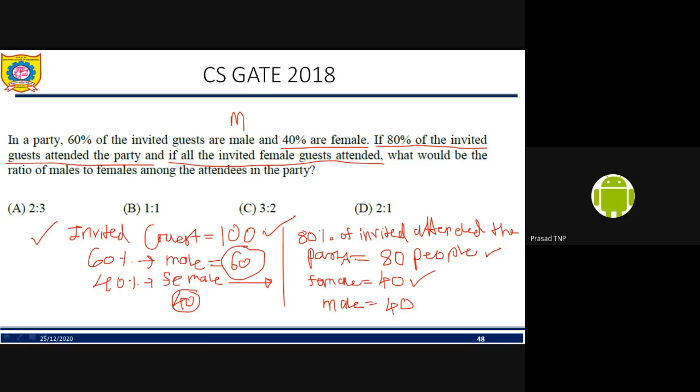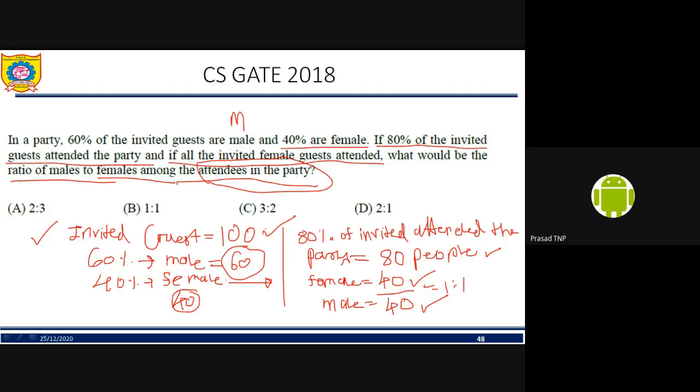Then what is the question? What would be the ratio of males to females among the attendees in the party? So attendees are 40 female and 40 male, and this ratio is asked. So it is 40 by 40, it is coming 1:1. So this is a very simple question. This is asked in computer science